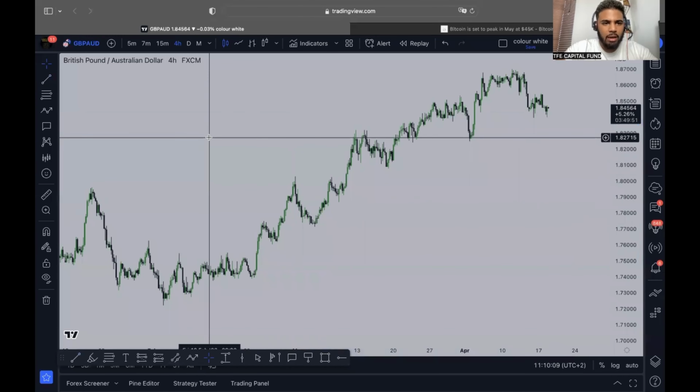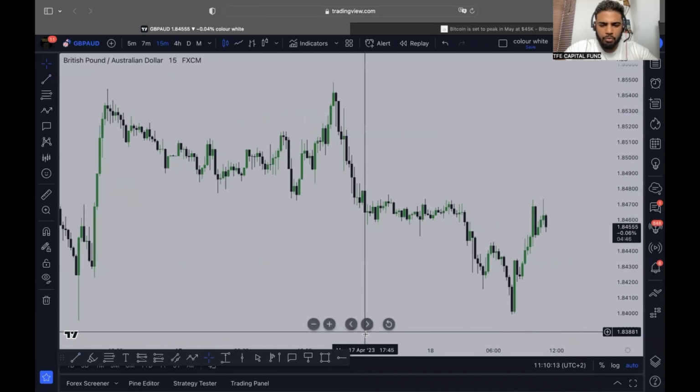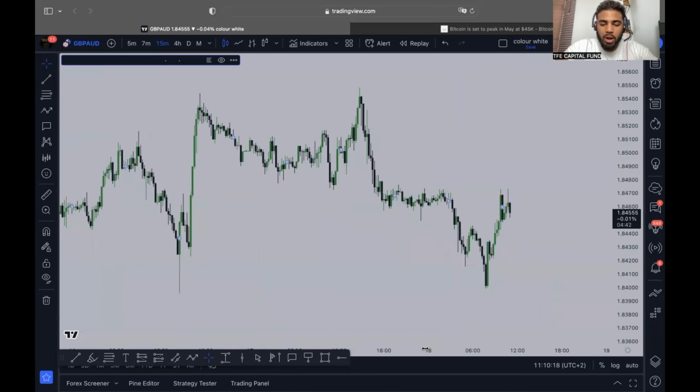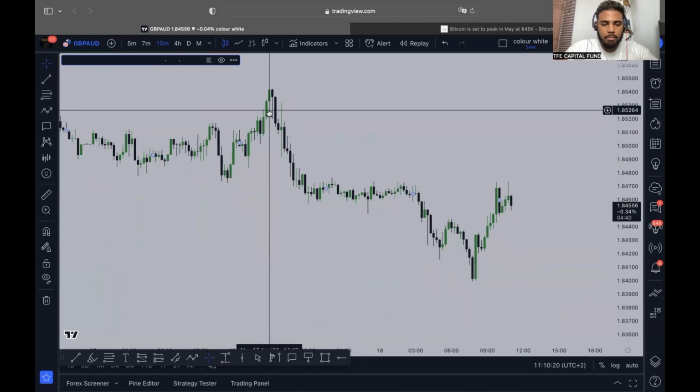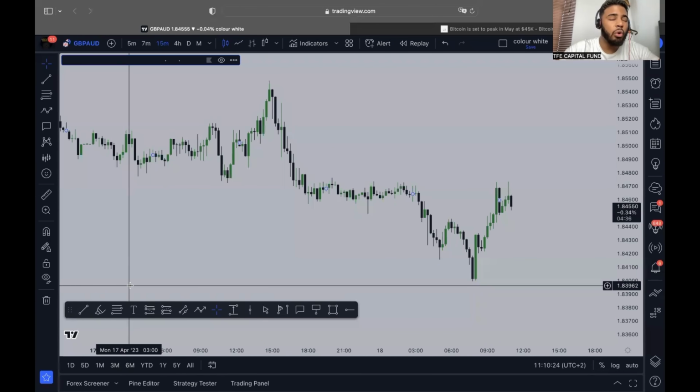You see it's beautifully up right there. But if you go on a lower time frame, it's so choppy for me. I don't like such a pair. But if you want to trade this pair, the same thing applies: it needs to be traded not necessarily in the London session, but in the Asian session, because there's the Australian dollar there. So another hint for you guys: GBP AUD should not really be traded in the London session, but in the Asian session.